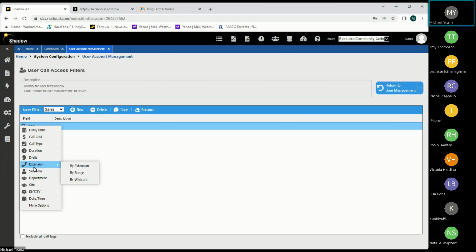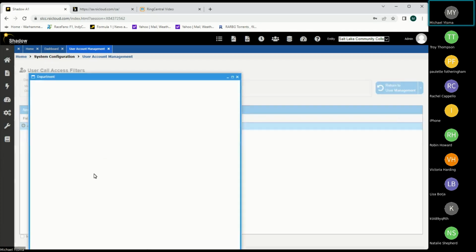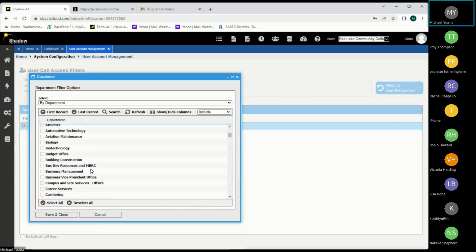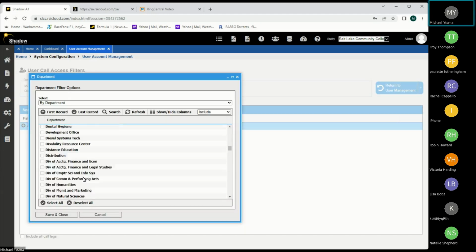So you can look for a specific phone number, or if you just wanted them to have outbound or incoming calls, you can specify that. Typically, what most customers will use is either the extension, surname, or department or site. So in this instance, let's say it's the department. We can then pick a department here and select whichever departments we wanted. So if there was a sales in here, which I have no idea if there is, but